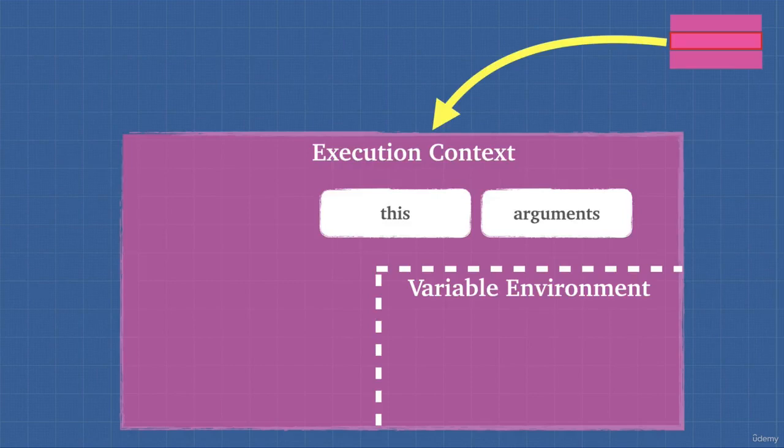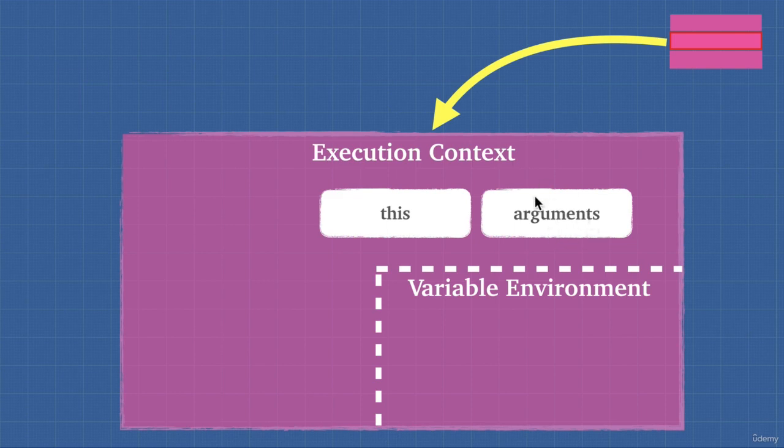When we invoke a function, we get two parameters automatically. We get the this keyword and the arguments keyword. And we learned that arguments is an array-like object that has some weird behaviors for looping and iteration. So we want to avoid using it and instead use something like the spread operator. And we also learned that because of the arguments object, we can technically not have any parameters defined for a function. And when we call that function, if we add parameters to it, we can still grab them using the